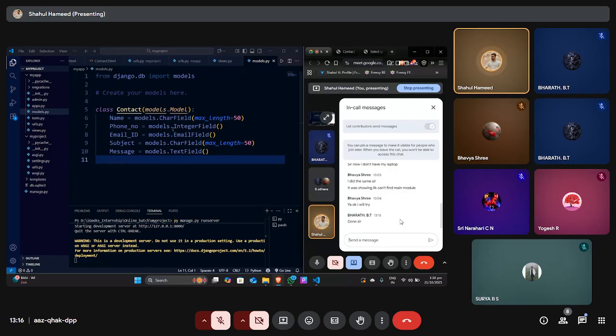See here, need to check this one. C and F should be capital. Okay. Character field, integer field. This should be capital, or else it will throw errors. Then, guys,